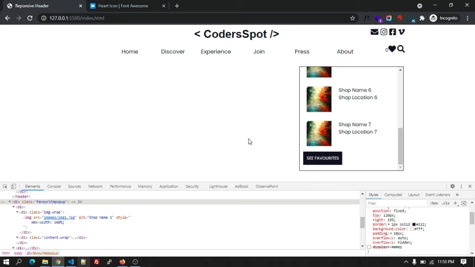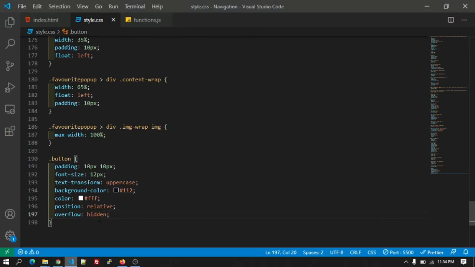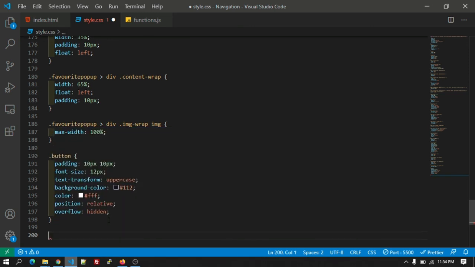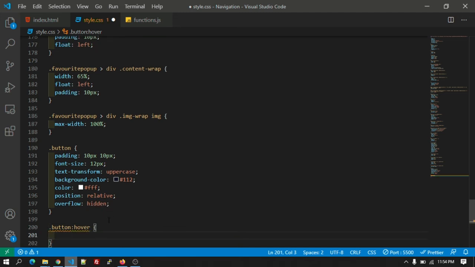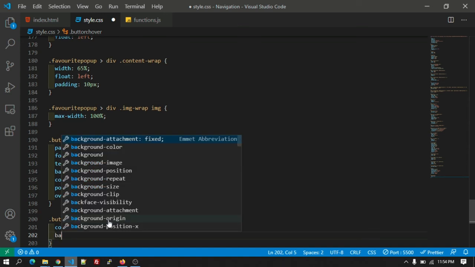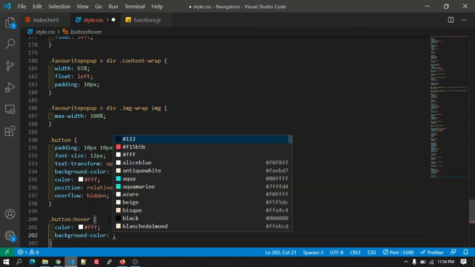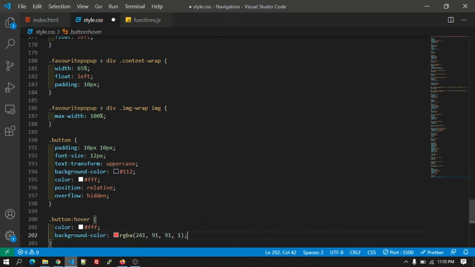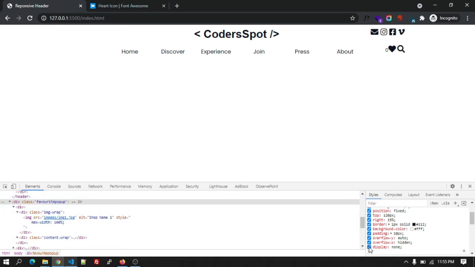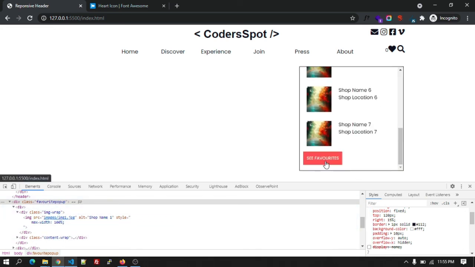Okay, let's add some CSS on hover actually. So let's dive into it. So the class button on hover. Okay, so color will be white, and the background color will be white. Okay, we have added the CSS for button on hover also.